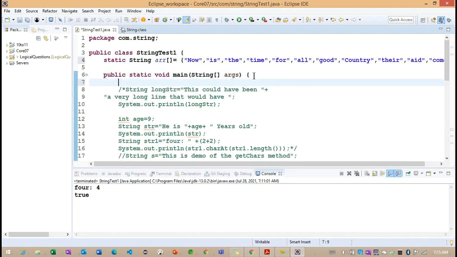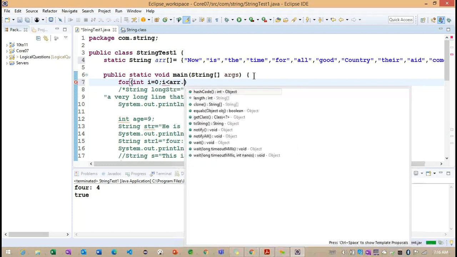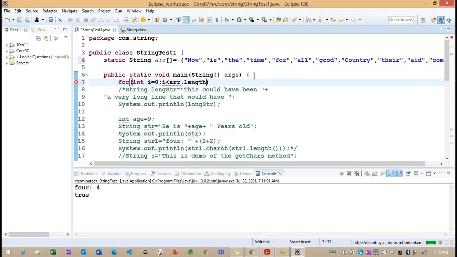To understand it, we need to write two loops here. int i = 0, i less than arr.length, i plus plus. So this is the first loop here.